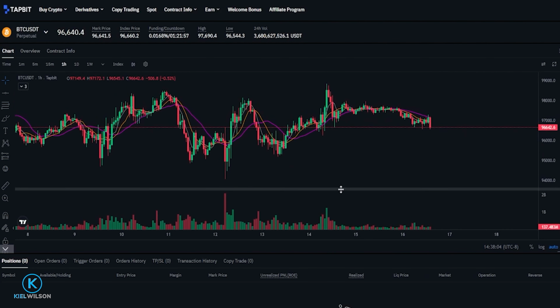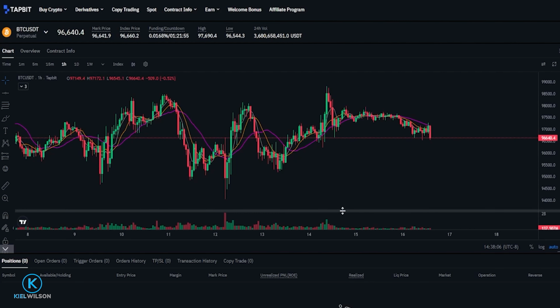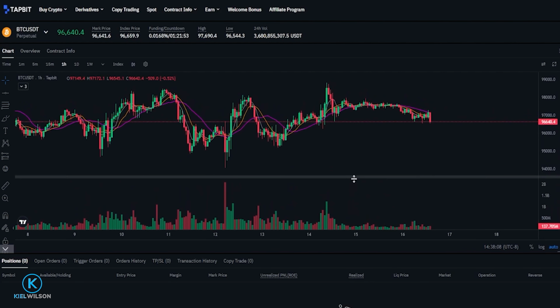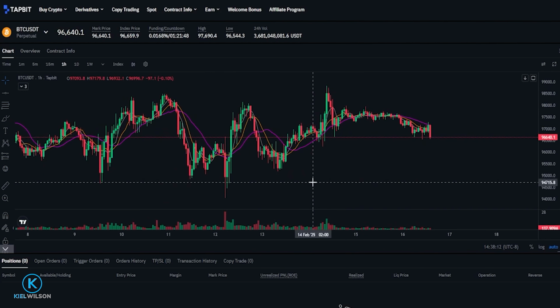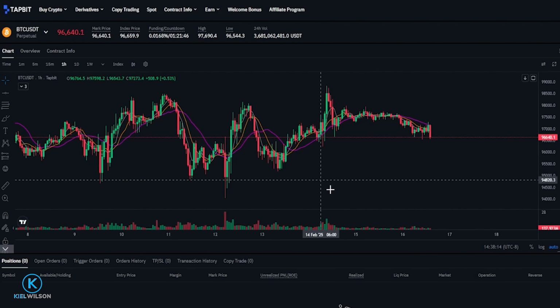You'll also notice this little line right here. If you hold down left click, you can squeeze the volume like this, or you can expand it by moving it up. I like to squish it down just a little bit like so, giving me a slightly better view